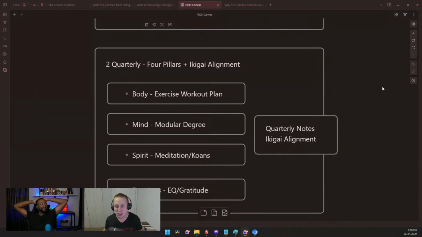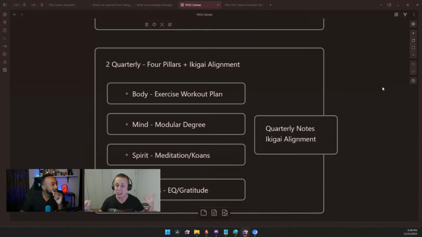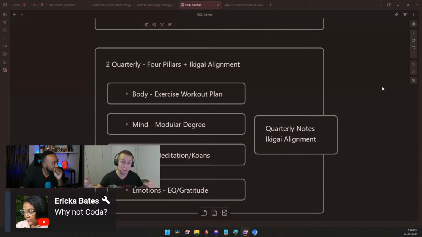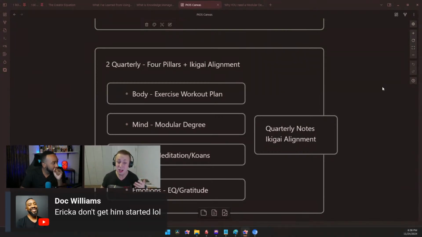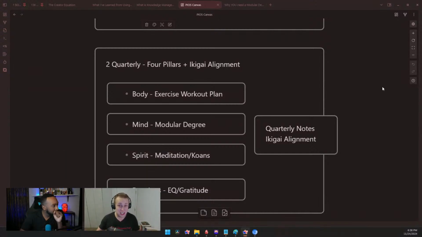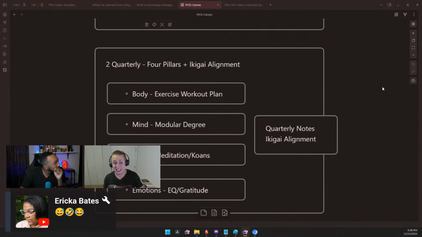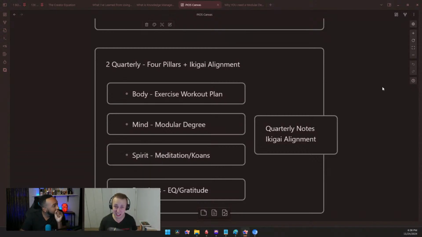So the reason why I don't use Coda or capacities or even Notion is that they're web-based. And I had a lot of issues with Amazon Web Services, which most of these tools either use or they use something similar to it. And Amazon Web Services goes down periodically, a decent amount of time. And hell, even Notion goes down on its own half the time and lags quite a bit. I had issues where my databases wouldn't even load. In fact, I thought I was losing data because the databases weren't loading fast enough. And I only had like 1,000 items in the database, not that much.